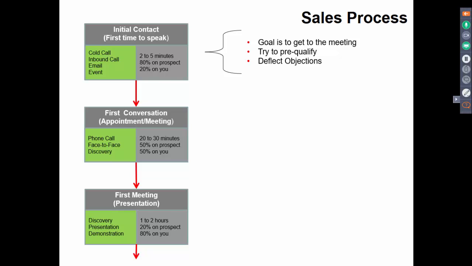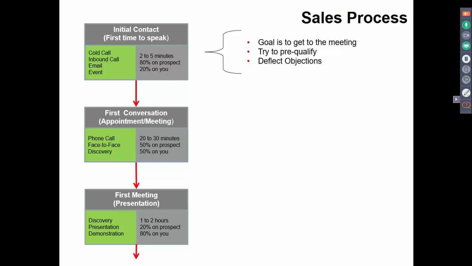Or let me use a different objection. If someone says I don't have budget right now, that's a valid reason to not buy the product, because they don't have budget, so they can't buy the product. So that's valid. But if your goal is not to sell the product, if your goal is to sell the meeting, then I don't have budget technically doesn't even connect with what you're trying to accomplish. Now, someone saying my calendar's completely booked up for the next 18 months, that's a valid objection for not having a meeting.